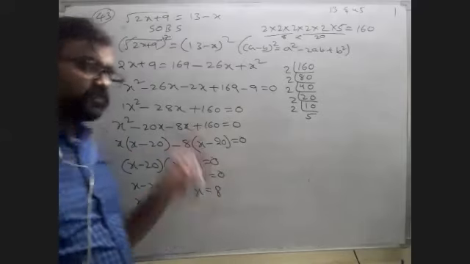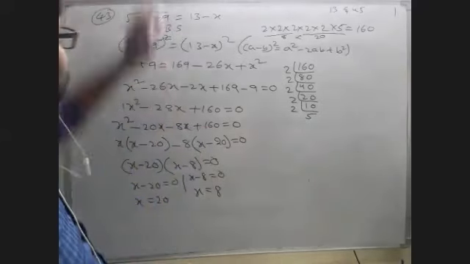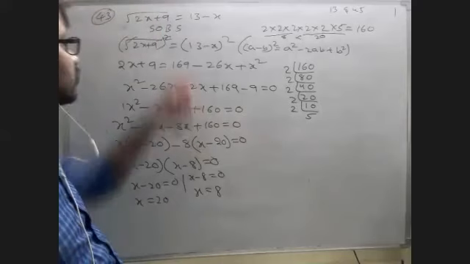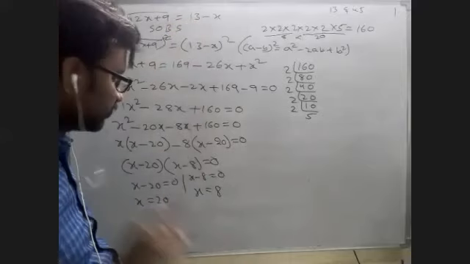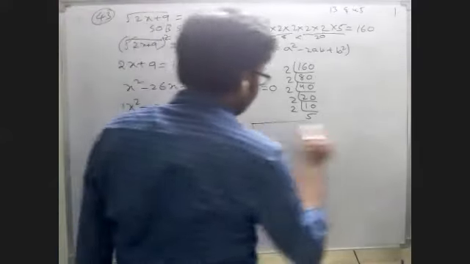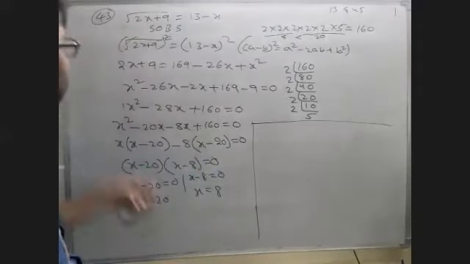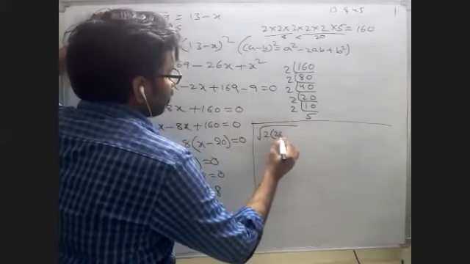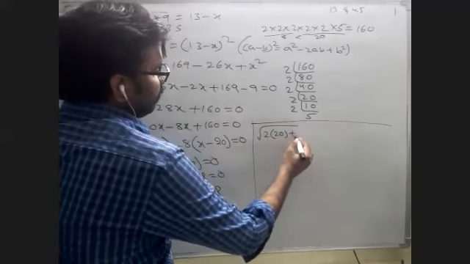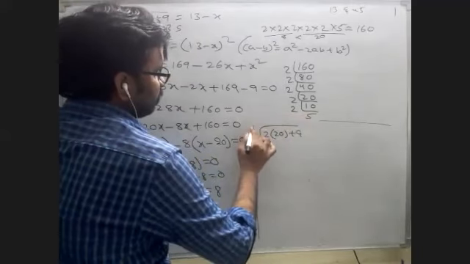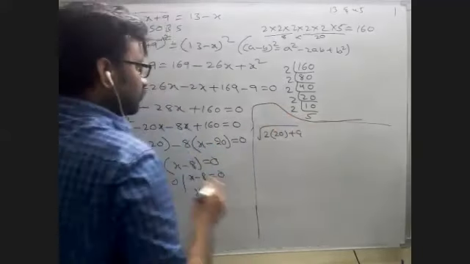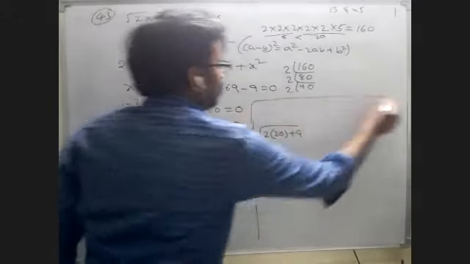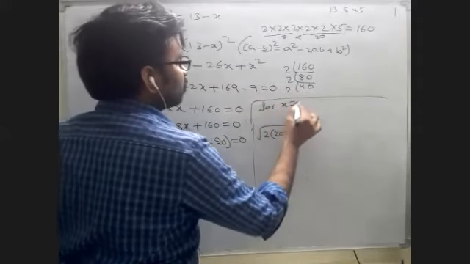But which one is correct or both are correct, we have to check. That's simple, we have to substitute in the square root, and if you get greater than or equal to 0 and this also greater than or equal to 0, then that value is correct. Now first I'm taking, say, 20. Root over 2 into x value 20 plus 9. For x is equal to 20 we are doing now.